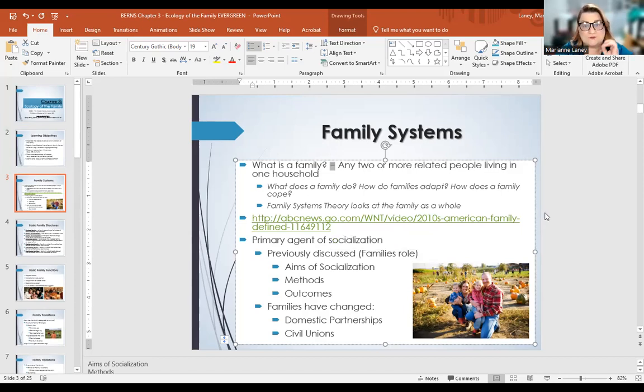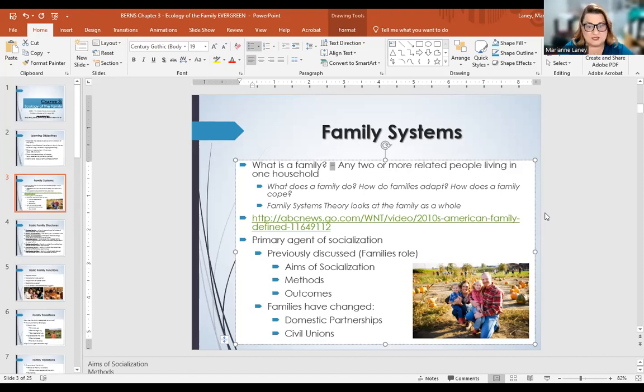You've heard me use the phrase primary agent of socialization. That means the first person, the first group of people that a child is exposed to after they're born, their primary caretaker. It could be a man, a woman, a grandfather, grandmother, aunt, uncle, obviously mother, father, a surrogate, or a doctor. Whoever's holding and literally taking care of this baby is their primary agent of socialization. Now, I firmly believe it takes a village to raise a child, because Lord knows I need lots of help raising my child with a lot of special challenges.